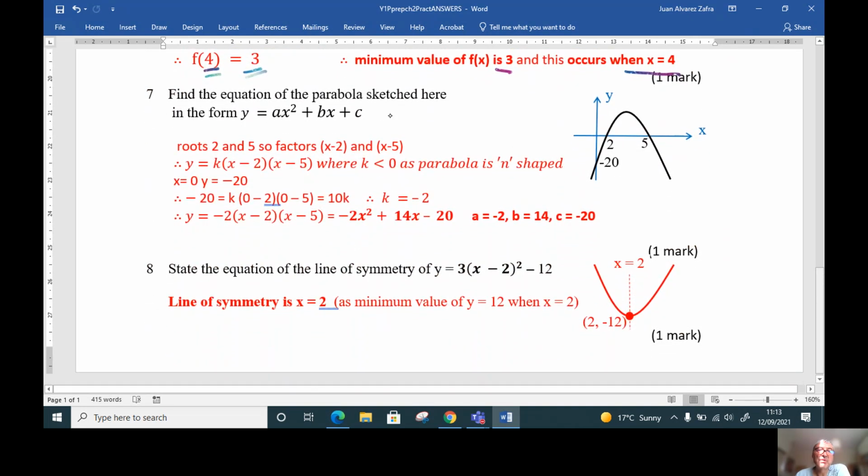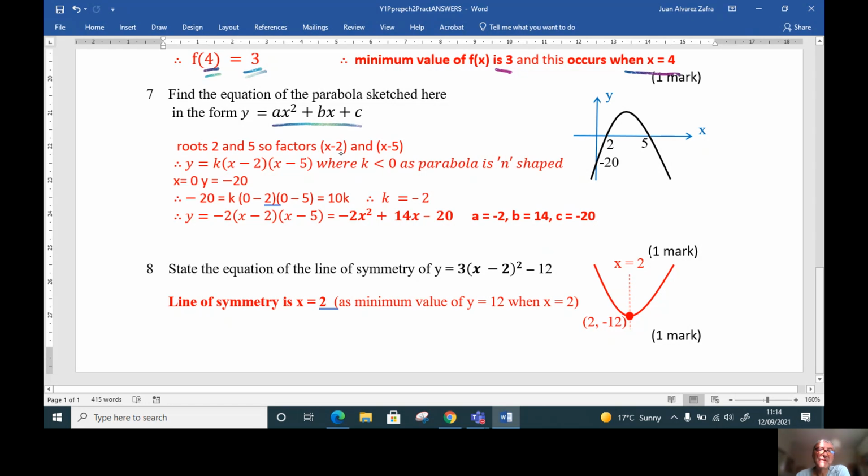Okay, now we're going to be looking at parabolas, and quite often you're expected, from a known equation, to be able to draw the parabola. But sometimes you're expected to do it backwards. So given the drawn parabola, you're expected to be able to get the equation. Now here, because we know the roots, 2 places where the curve crosses the x-axis, they are 2 and 5,